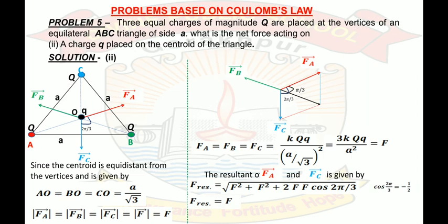If we solve it, we are going to have F resultant is equal to F. Now in the diagram you can see this force is F. Fb is already equal to F, and this is F. Now this F is in this direction, and that F is in this direction. Two forces equal and opposite. What is the net resultant? From the diagram it is clear that F net is equal to 0.